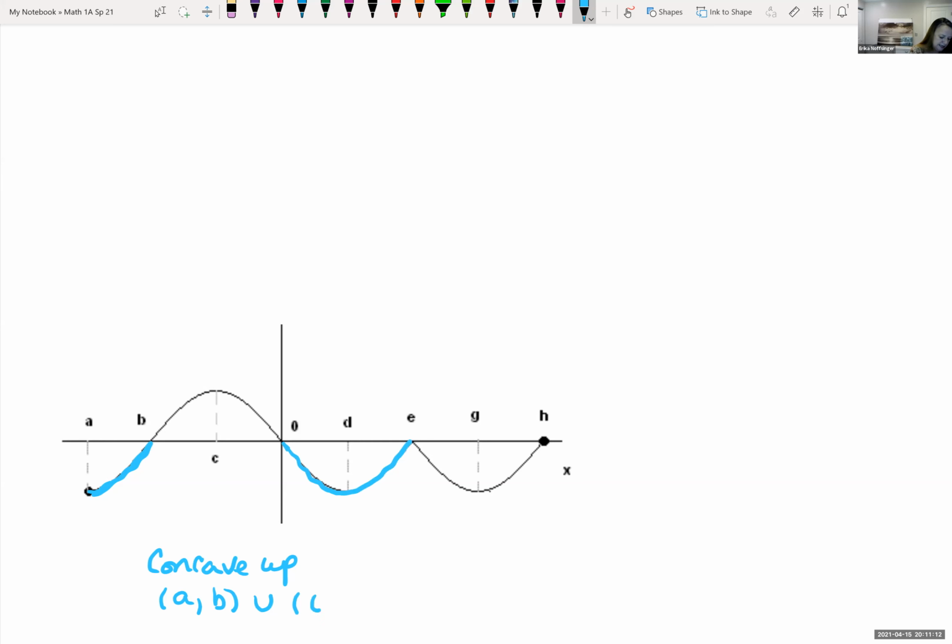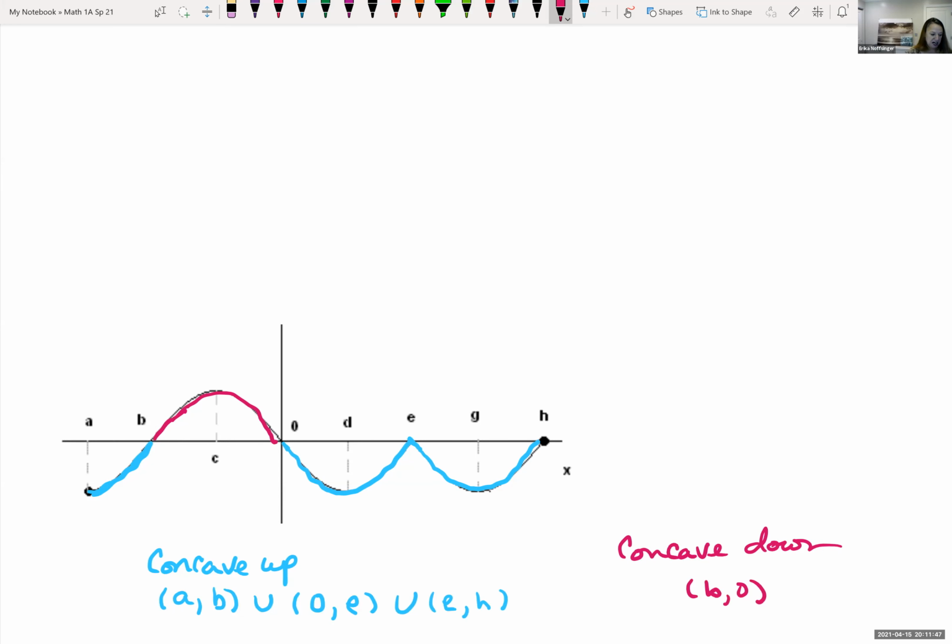From 0 to e. But it also looks like it's concave up here, from e to h, at what looks like a sharp corner. The only piece in here that looks to me like it's concave down is b to 0. This place where it's changing concavity, at the origin here and right here at b,